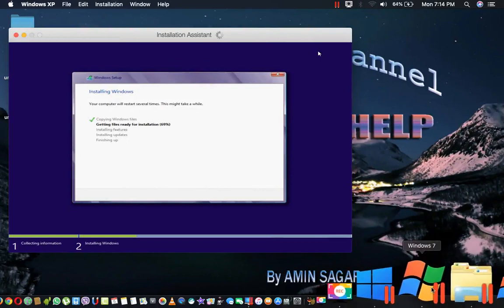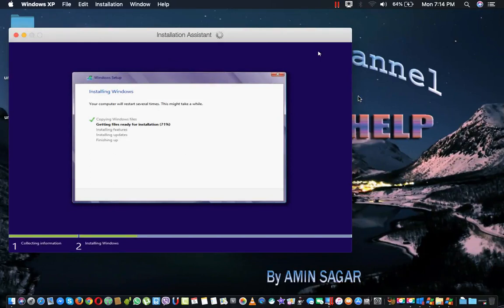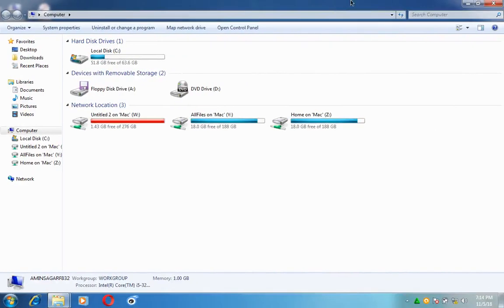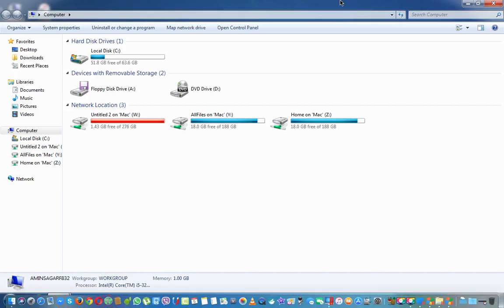As you see, I told you that it will slow down your PC, but don't worry, it's running, it's working. This software is just for that: if you want Windows 8 you can start Windows 8. If you want Windows XP you can start it and you can work on it. If you want Windows 7 you can open it and you can work on it. And if you want another operating system, just open the virtual machine and you can work in it and then suspend it or shut it down. Then no problem,